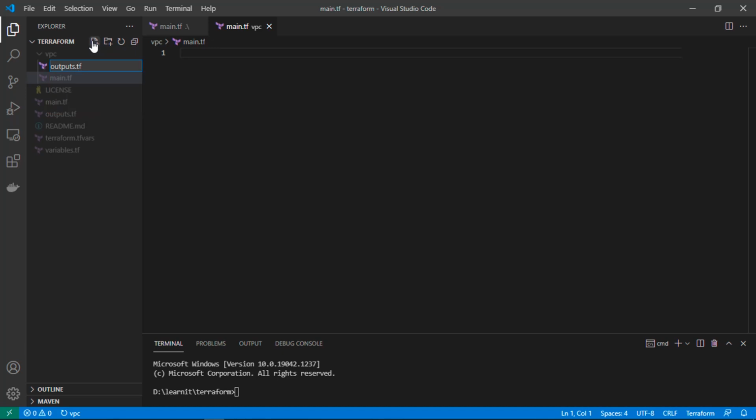So we have to create outputs.tf file, and also if you want to take any variables for this child module VPC, we have to define a variables.tf file. And now you can see I have added three files, main.tf, outputs.tf and variables.tf for our child module VPC.